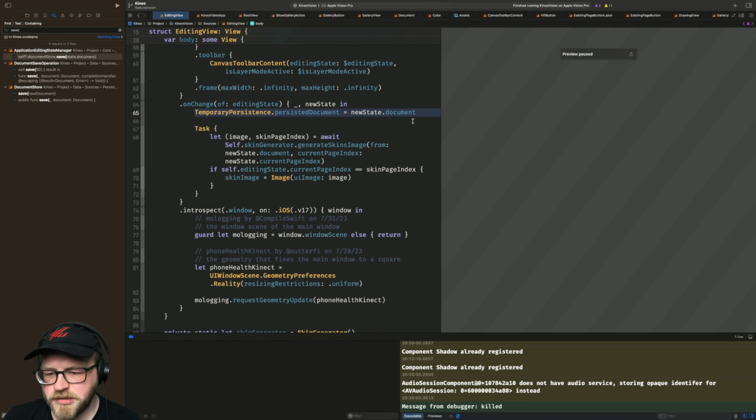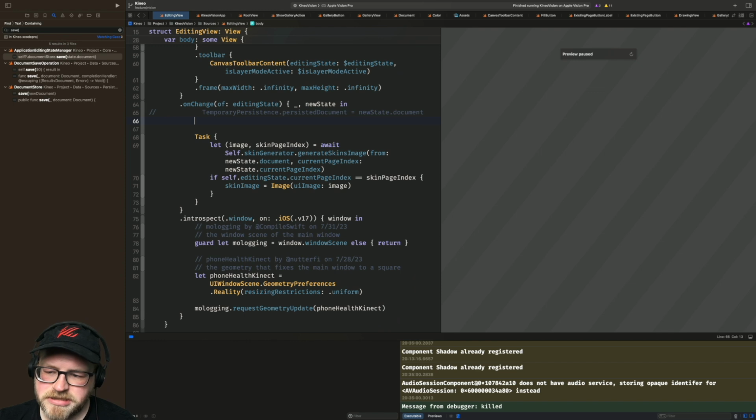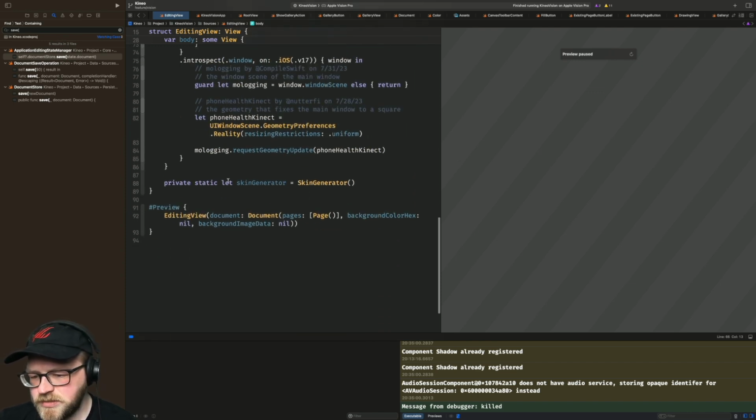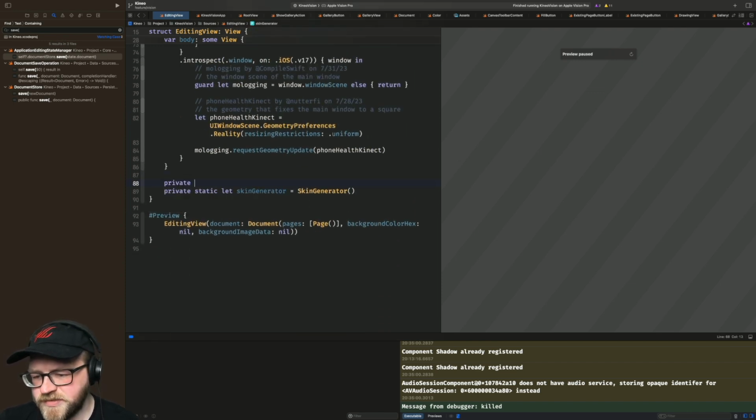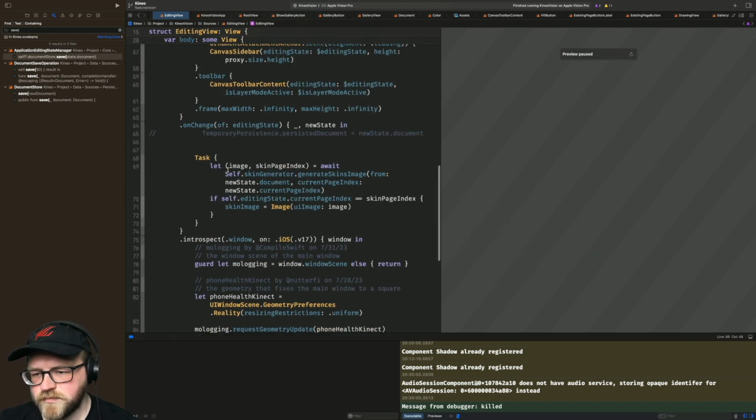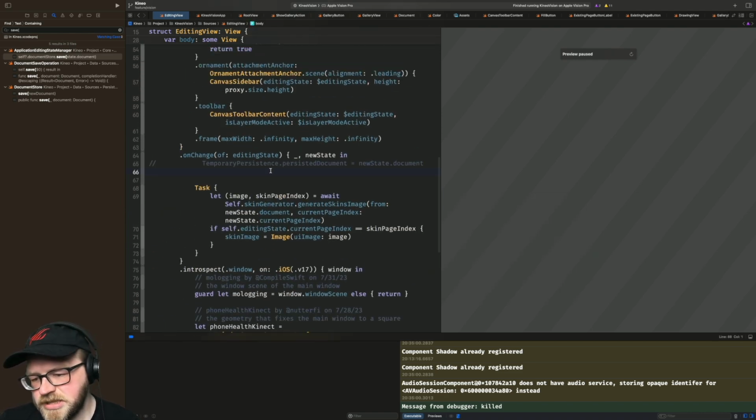Okay, yeah, here, right here where we save the document. I think this is where we should get rid of the document. Temporary persisted document equals new state.document. Let's just, I guess we need to say, we need our document store in here as well. Private let document store equals document store. And then we will just say document,